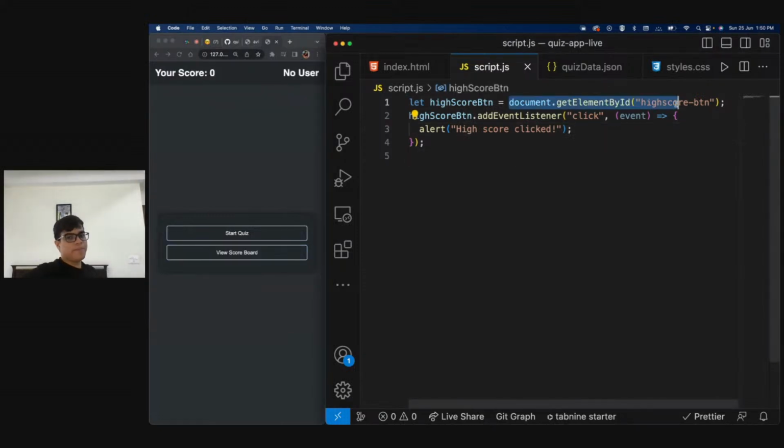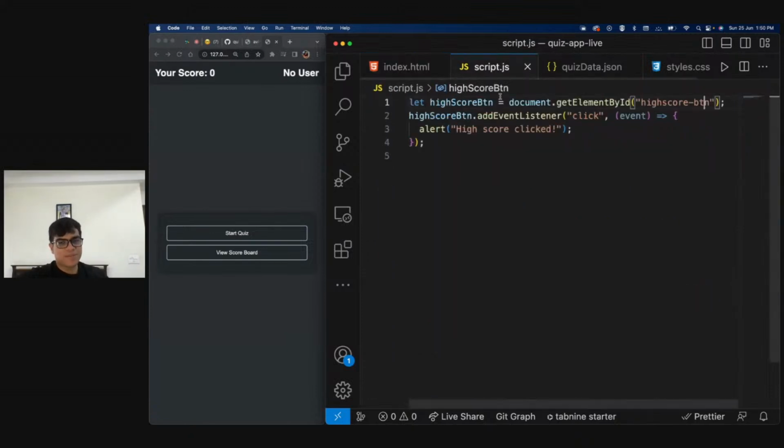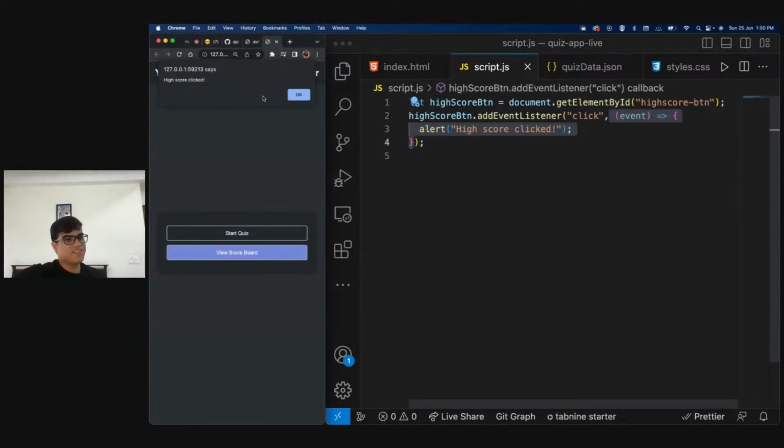Basically, I got my particular element using the ID. We have over here an ID given, so ID is equal to high score button ID. I copied this inside our script.js and got my particular element. I said document.getElementById high score button, so we got our particular button. This is something that is called a selector. We selected this element and I added an event listener. I said that if the button is clicked, we will be running this function. So this function is run whenever the button is clicked. So if I click on this, we see an alert, right? Does this make sense?